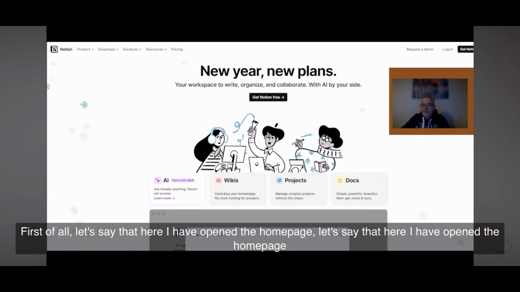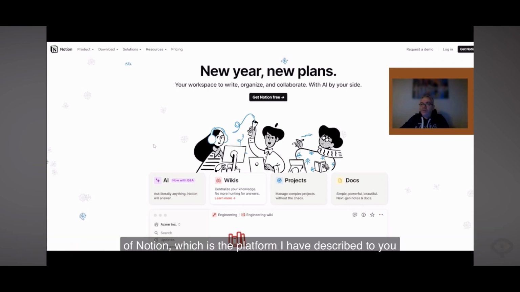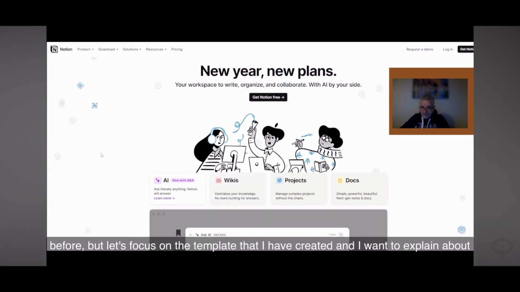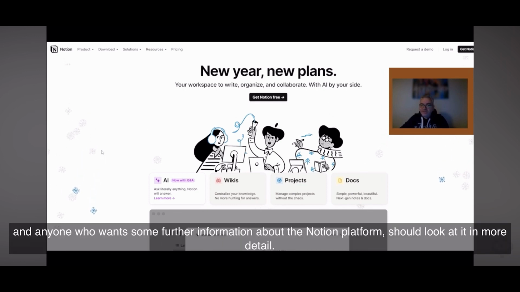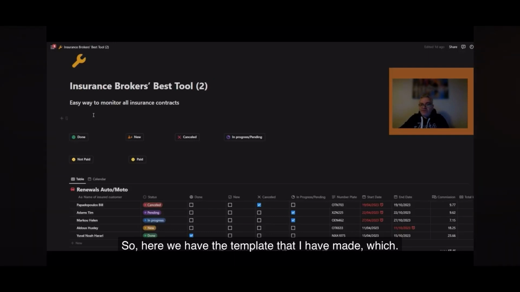First of all, here I have opened the home page of Notion, which is the platform I have described to you before, but let's focus on the template I have created and I want to explain about. And anyone who wants some further information about the Notion platform should look at it in more detail. So here we have the template that I have made,